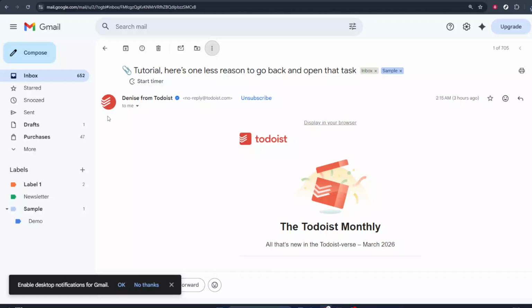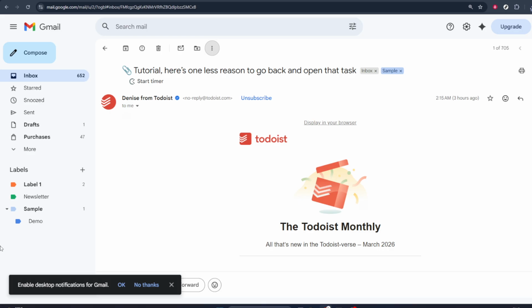In today's video, I'm going to teach you how to add color to a label in Gmail. Adding color to your labels is a simple way to keep your inbox organized and make important emails stand out at a glance. You can use different colors for work, personal messages, receipts, newsletters, or anything else you want to visually separate. In this walkthrough, I'll guide you through the process step by step, and you can follow along in